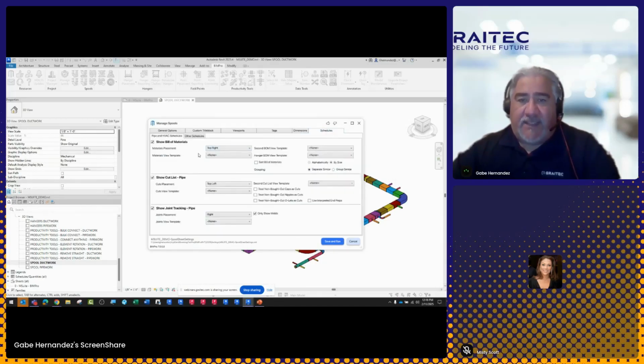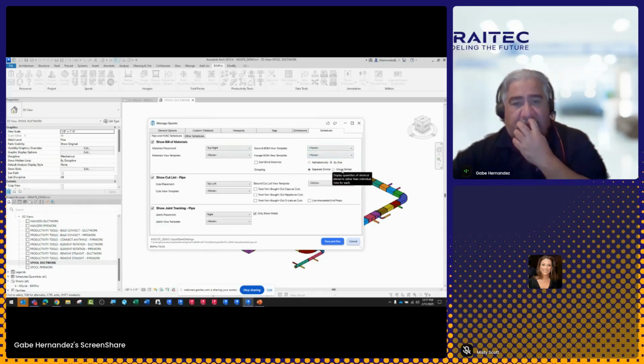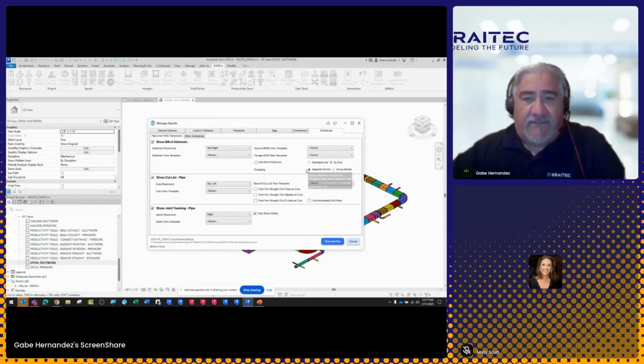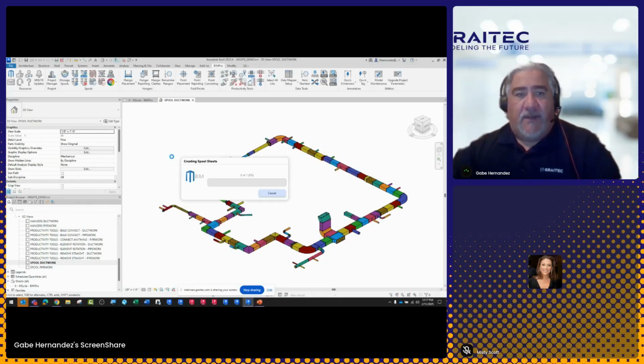And then, of course, your schedules, your bill of materials, right? Where is it going to go? Top right, bottom left, you can set that up. Second, BOM on view template. So you can do view templates here for those as well. Alphabetical, by size, group similar items so you don't have individual itemization of it. Sort bill of materials, right? And then for my cut lists and my joint tracking, I also can set up a schedule for it. But once you've done all this, and I save this here,